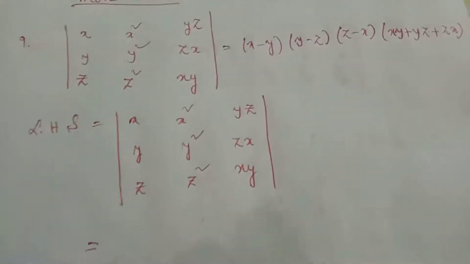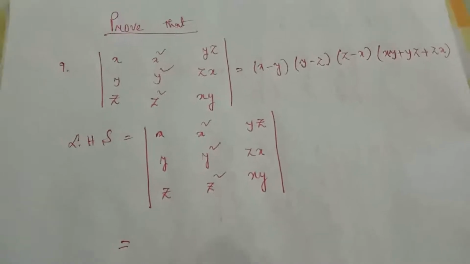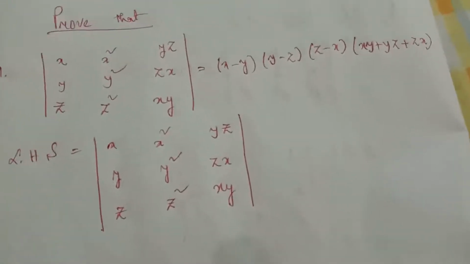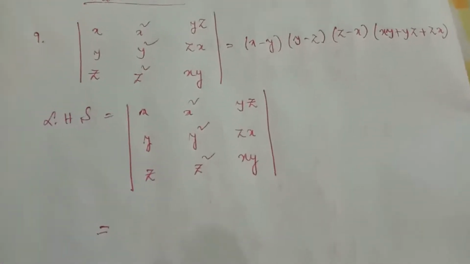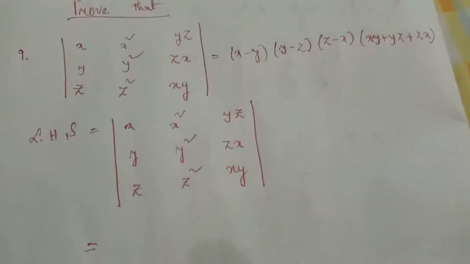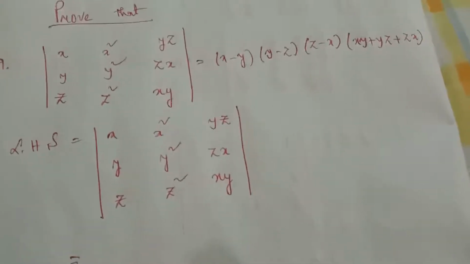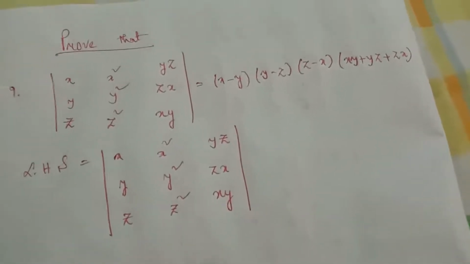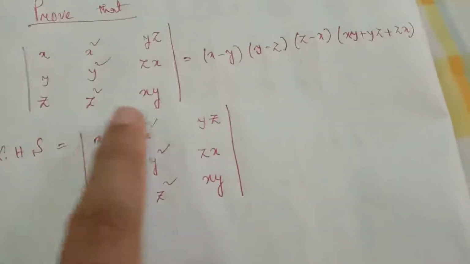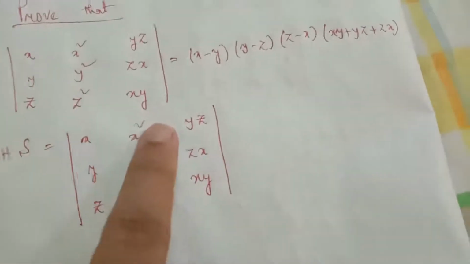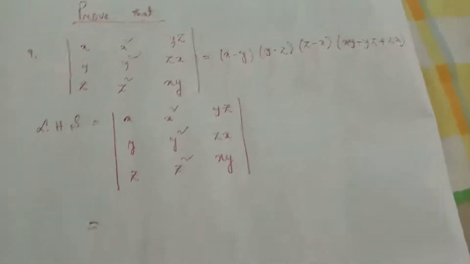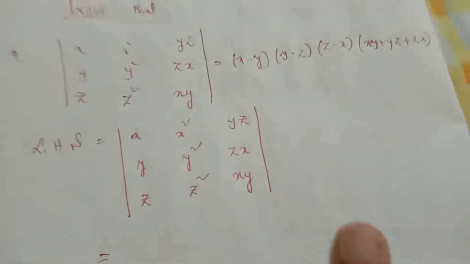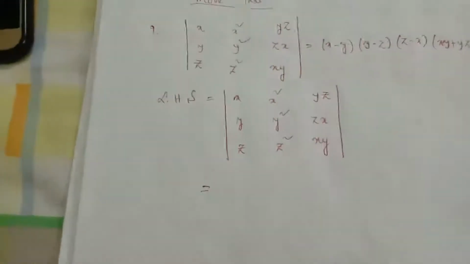Now here we cannot bring 0 simply by doing r1 minus r2 or c1 minus c2. Here there is no common element, like in the last 2 or 3 questions. In the last 2 or 3 questions, what we did, you can check, there is one same element in r1 r2 and c1 c2. So by simply taking the difference, it brought 0 there. But here there is no common element in r1 r2 r3 c1 c2 c3. So how to bring zeros?